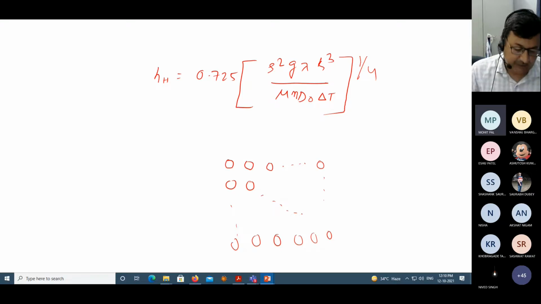Okay. So you now have all the parameters to identify the heat transfer coefficient, correct? Yes, sir. So in this case delta T is 100 minus 98, correct? Yes, sir.